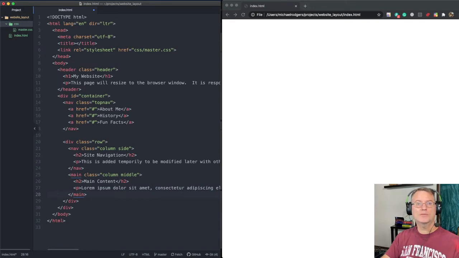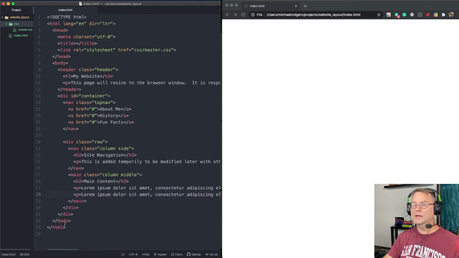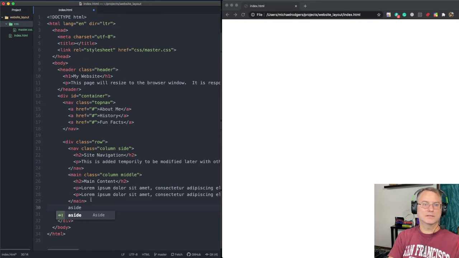Okay, so we have our main, and let's go ahead and just copy that again. Go to the end and paste it in. So we got 2 paragraphs for our main content. That'll kind of fill up the page. Then we have our closing tag for the main, and we're now going to create an aside. So we hit aside,